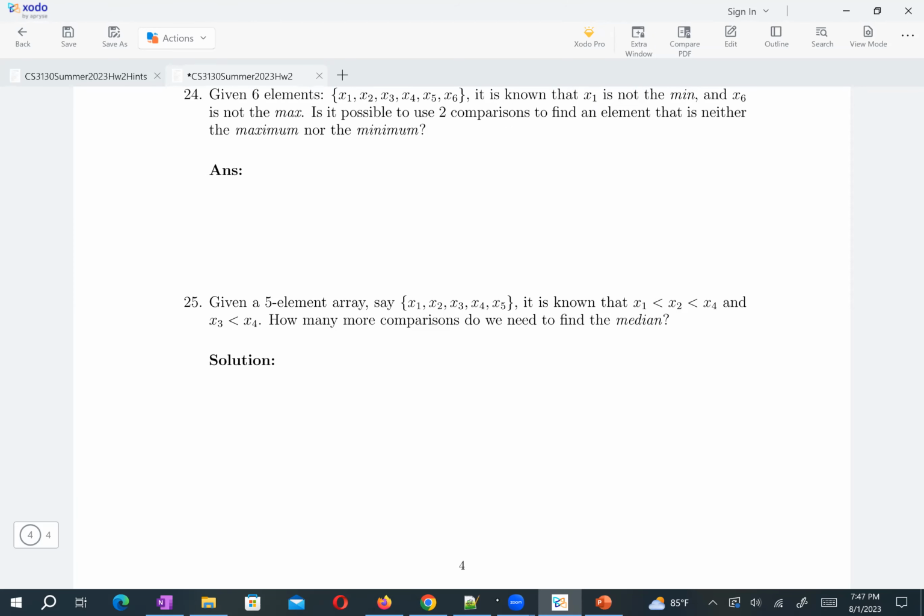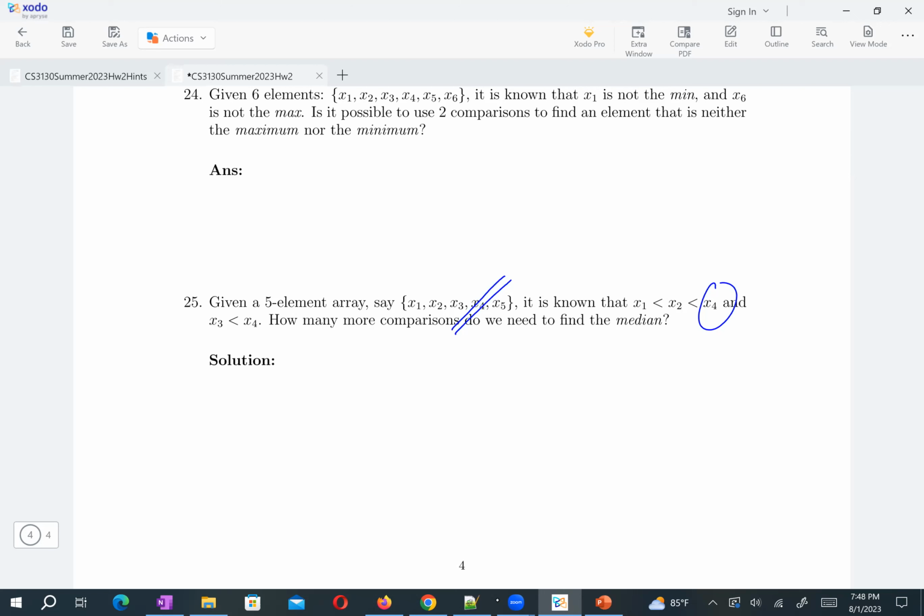25. Here one element can be excluded. Look at element 4: it is greater than 3 elements, 1, 2, 3. So we can eliminate element 4 immediately. After that elimination, the median is just